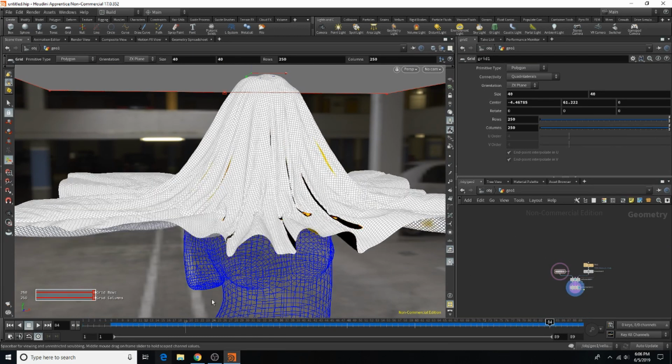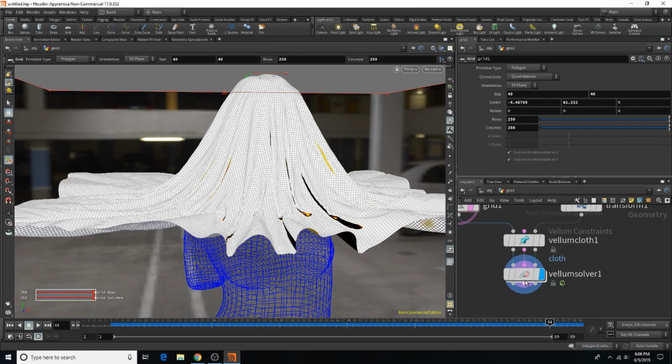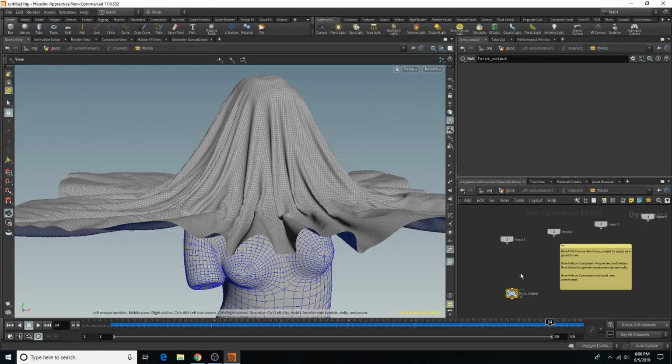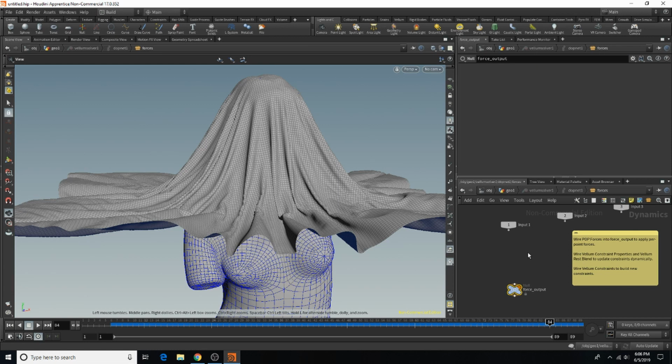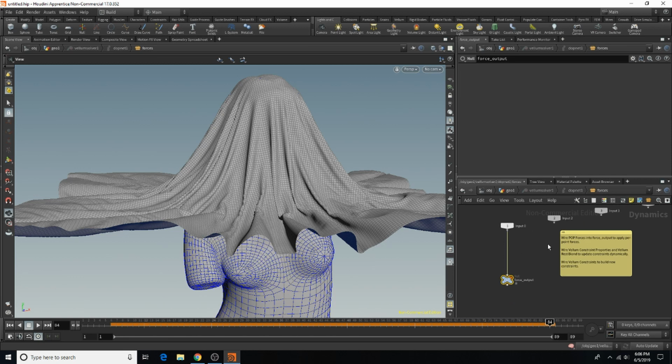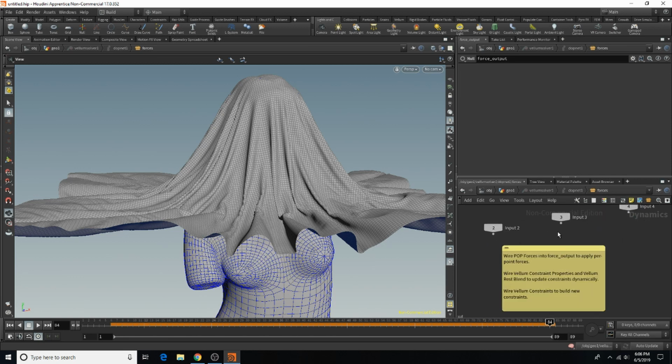So where do we attach our forces? In the Vellum solver, of course. So we're going to go into our Vellum solver, and it already sort of looks like a .NET. And in some ways it is. So what we can do, input 1 would be our cloth, our Vellum cloth geometry. So we're going to use that, and we're going to connect it to our force output. But in between the force output and the input 0, which is input 1,